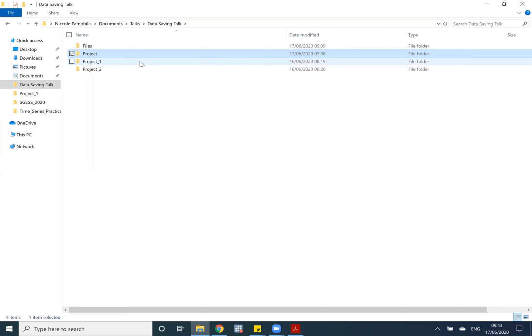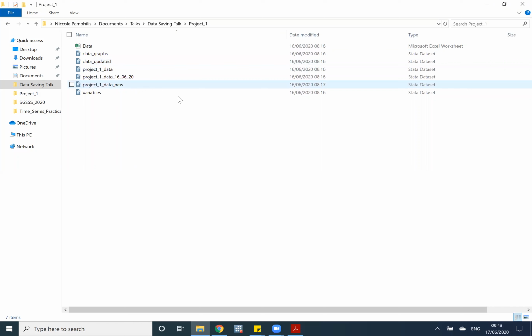As my research evolved, my data started to look like this. I would just have one big folder with everything dumped in it. This would be my original data. This was the first data set here, project data. But then it starts to get a little confusing as to when changes were made. I tried to keep records, so I have a date here. This one says new, this one says updated, this one says variables. But it would be hard for me to go back and figure out when in this long line of files